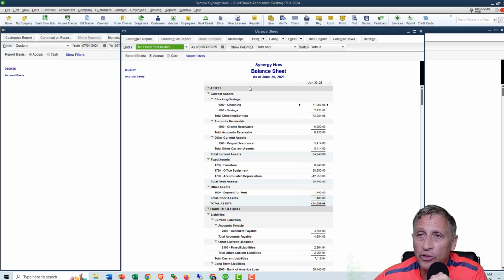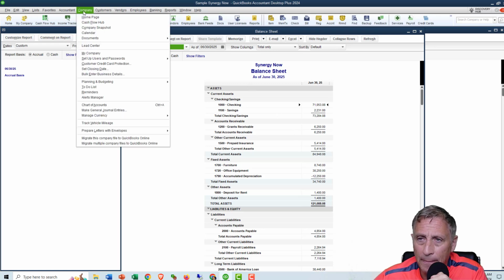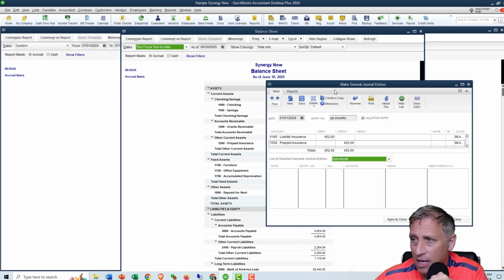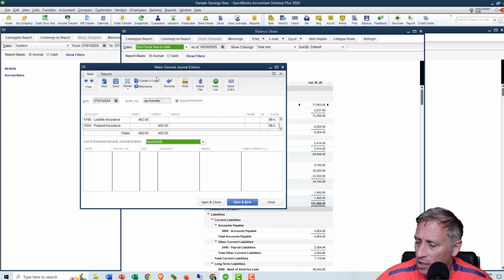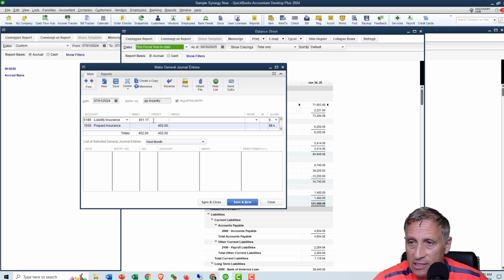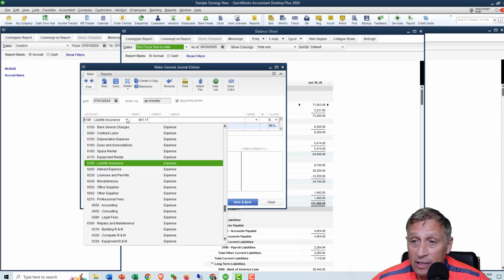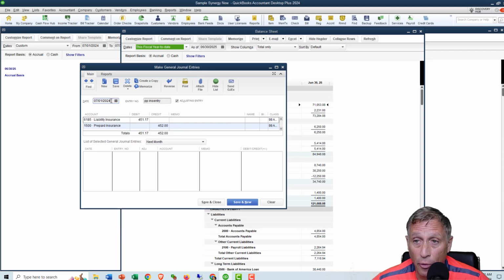To do a journal entry, you go to Company and click Make General Journal Entry. I think I already have mine created. Here it is. What you do is take 1/12 of whatever the number is. It was 5414. I'm going to divide it by 12. So that's 451.17, 1/12. I'm going to increase liability insurance expense for the month of July 24, and I'm going to decrease prepaid insurance,